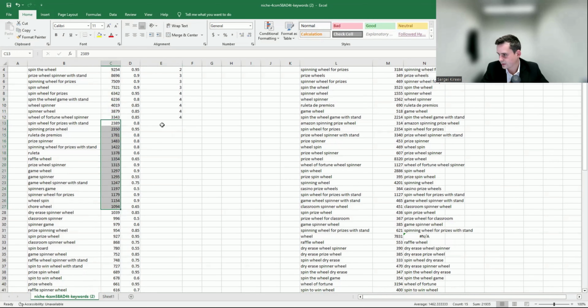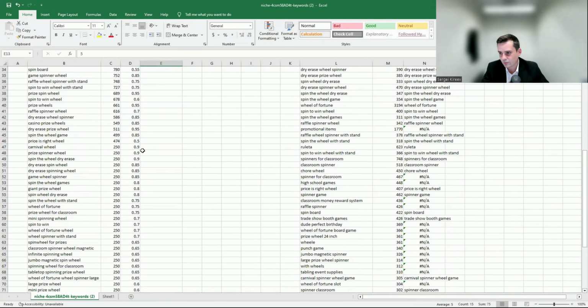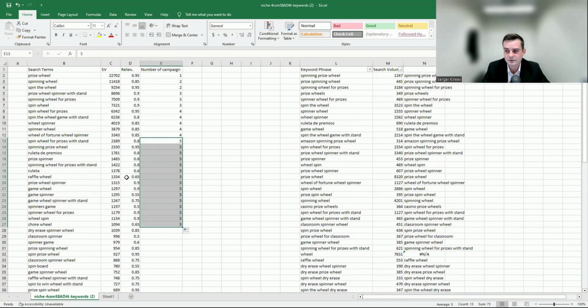So let's do it like this. I want to put these 15 keywords in one campaign. As you remember, I don't really like to put more than 15, and this seems like a proper amount of keywords for this campaign. This is 14. This is 15. And I want to do this for all of the keywords with more than 250 searches,